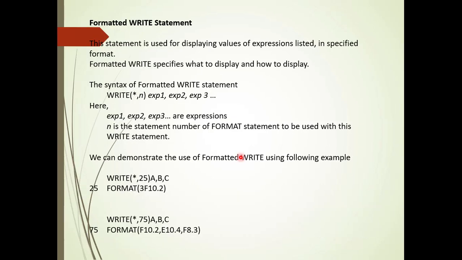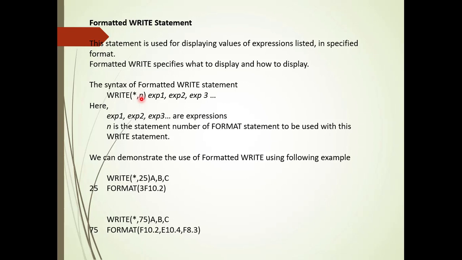Similarly, we can go ahead with the formatted write statement. The same way we have gone through the unformatted write statement, it is the same way. The only difference is the how part; we are going to mention the how part here. So basically, whenever we want to specify two things, how to display and what to display, in that case we can go ahead with this formatted write statement.